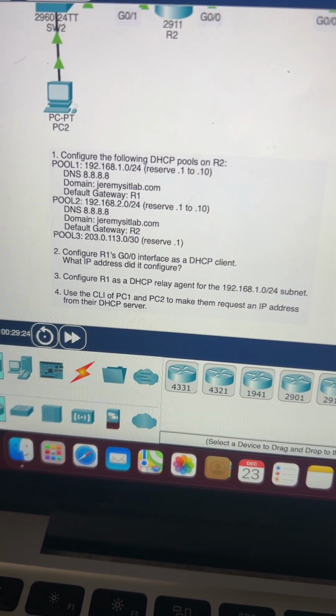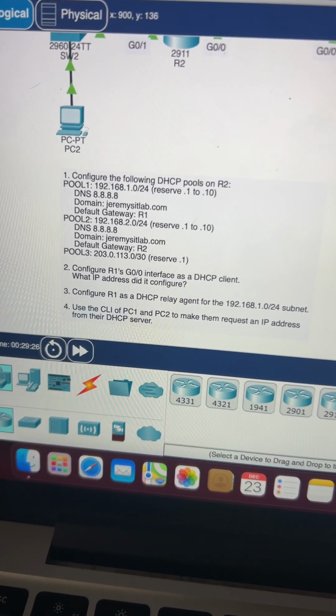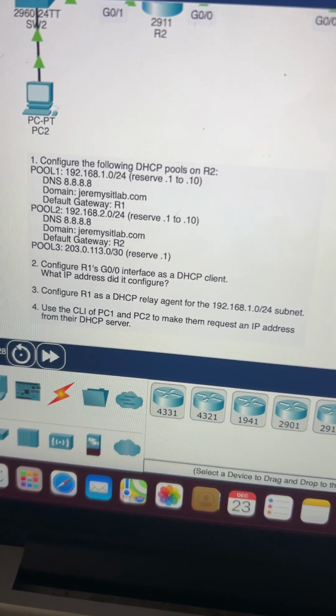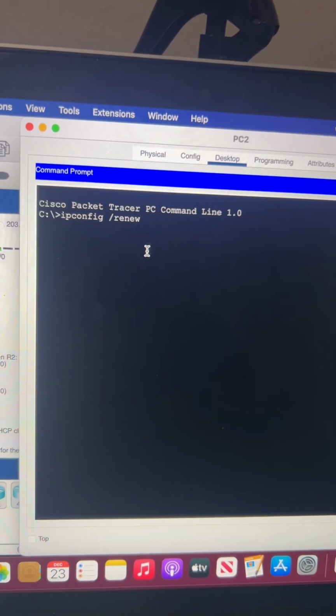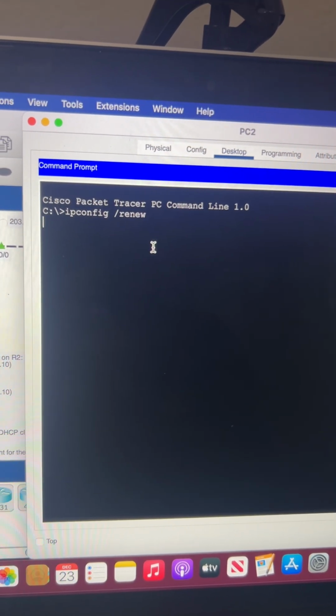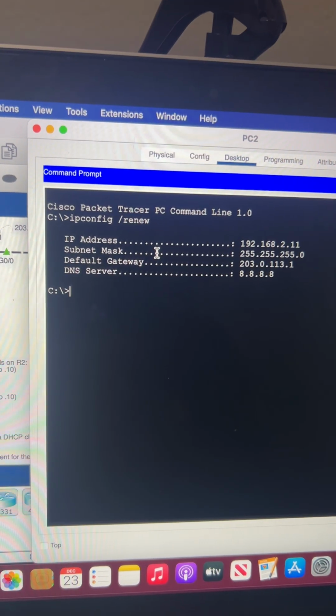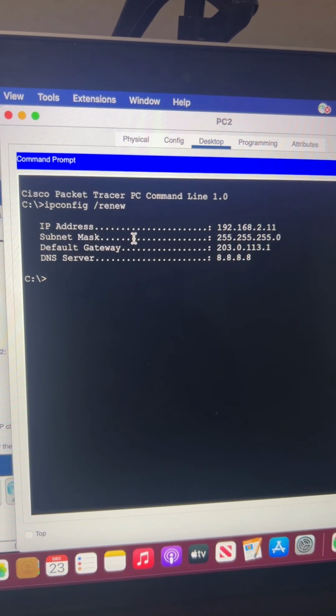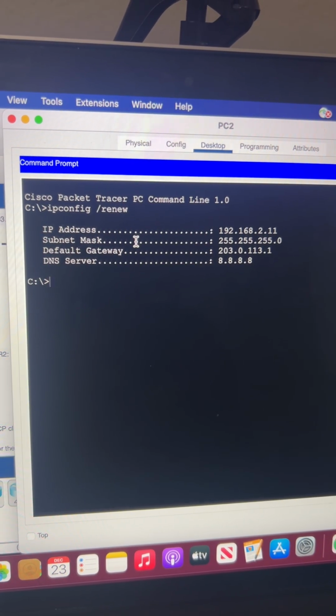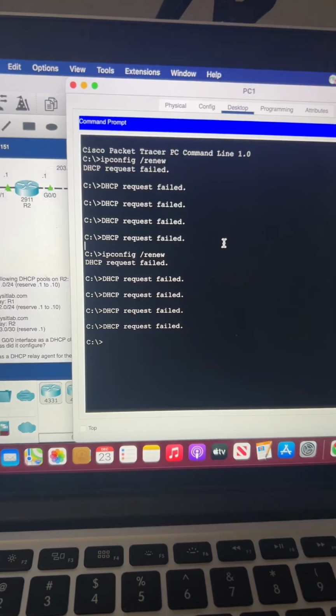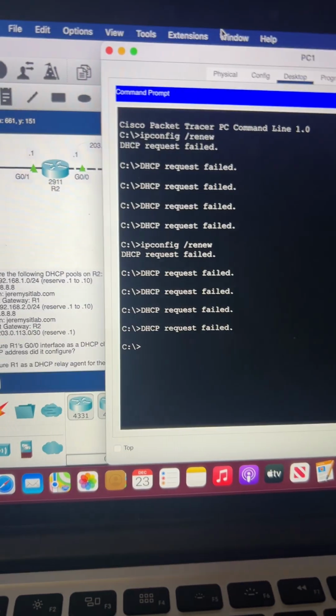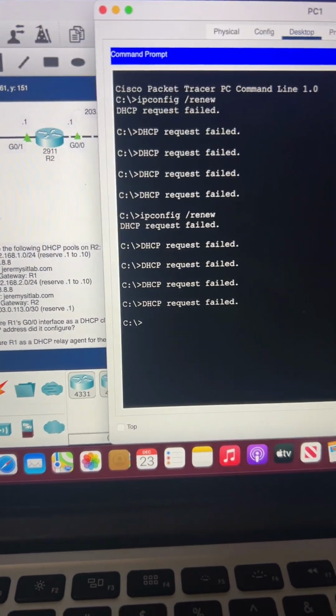Now we're on the last one. Use the CLI of PC1 and PC2 to make them request an IP address from their DHCP server. And we're going to do that with the ipconfig /renew command. So I'm about to head to PC1 and PC2 and do those. ipconfig /renew on PC2. Let's see. All right, so we got our DHCP message back. So that's PC2. I tried it on PC1. I was not getting my DHCP requests back,